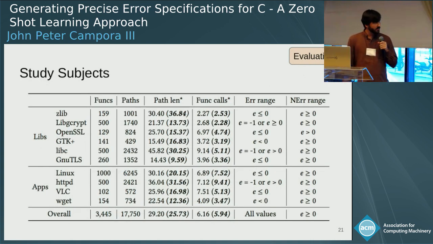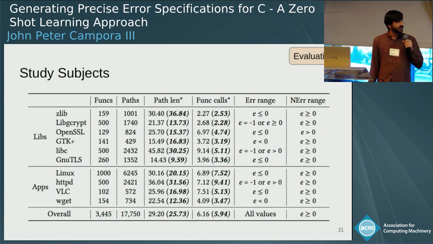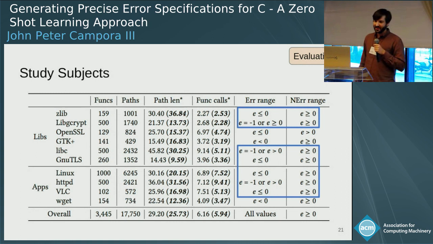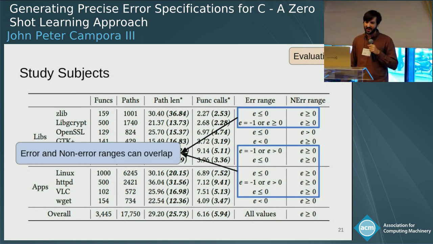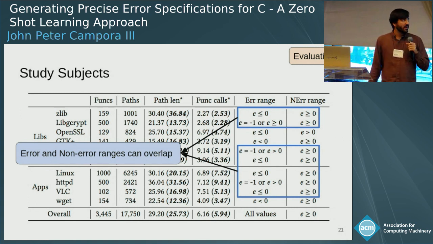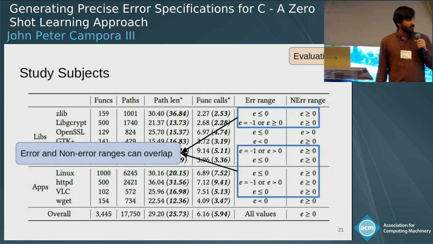So we went through and decided to study some large applications and get these error specifications out of them. I've just been talking about how the machine learning works to classify whether something is an error path or a non-error path, but we needed to actually get the error specification out of that. What's interesting is that there are a lot of error and non-error ranges that can overlap. So return 0 is commonly both an error and a non-error value in code bases,